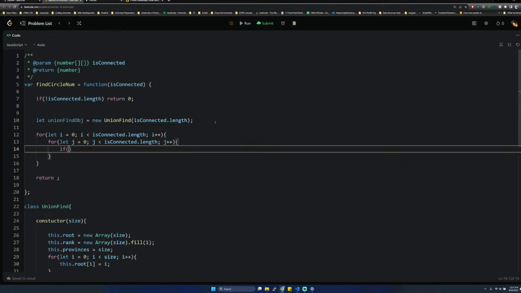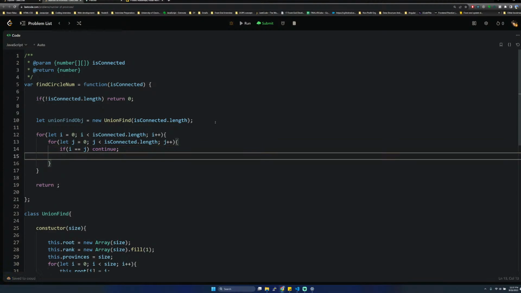If i equal to j, then not return, continue. If isConnected of i and j equal to 1,